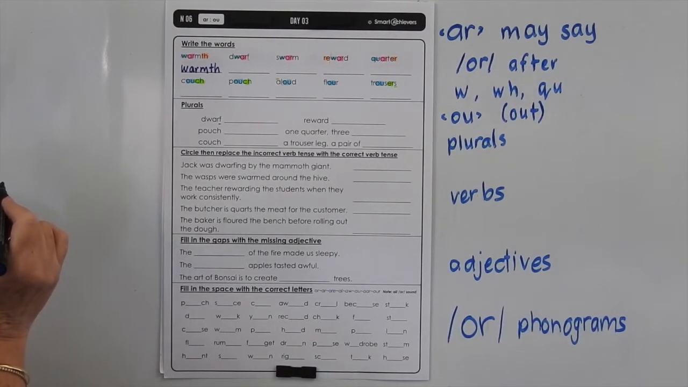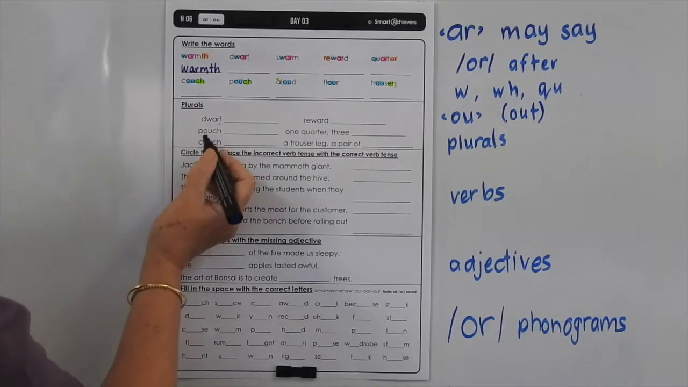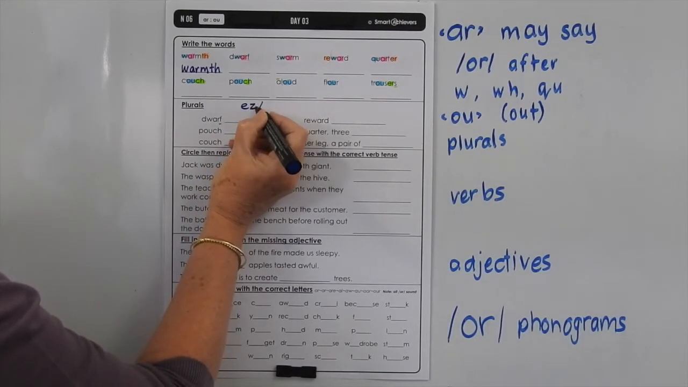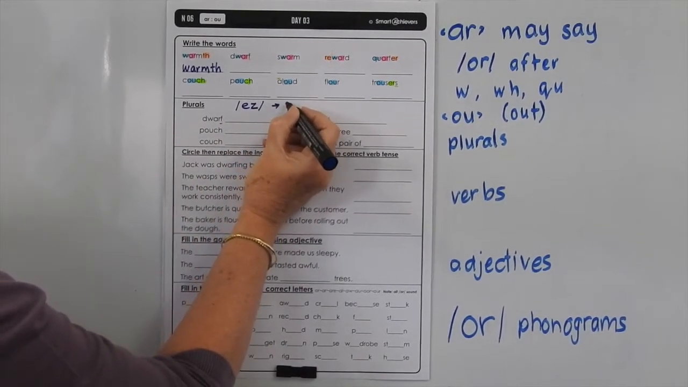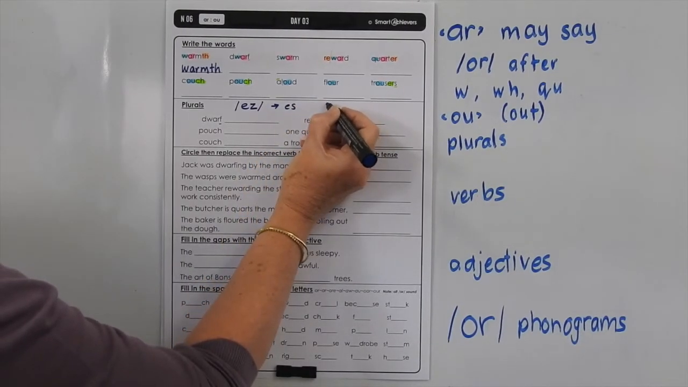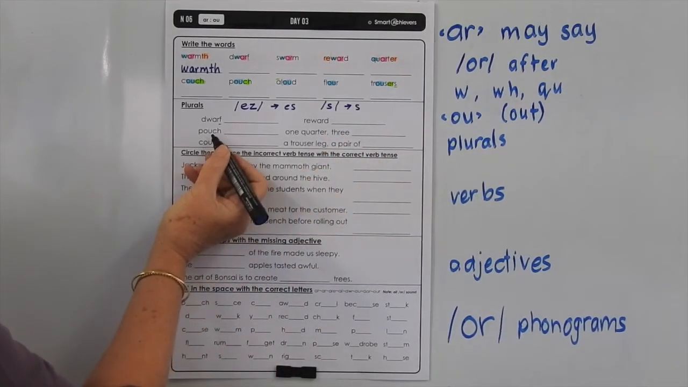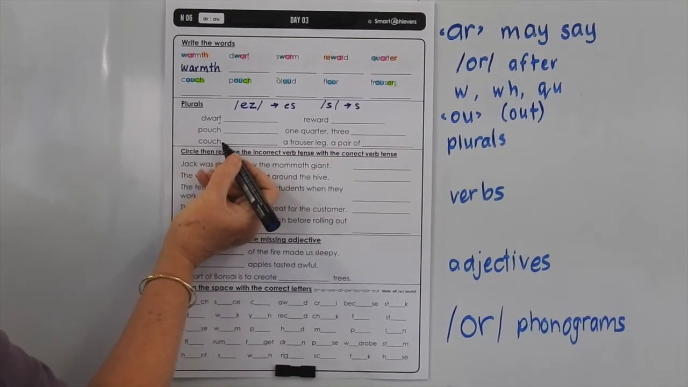So if you hear that F change to a V, you know you're going to write the V, then ES on the end of it. Pouch is, you know, when you hear "iz" at the end of a word, you're always going to write ES, but if you hear S at the end of a word, you're just going to write the S. So we've got pouches, couches,